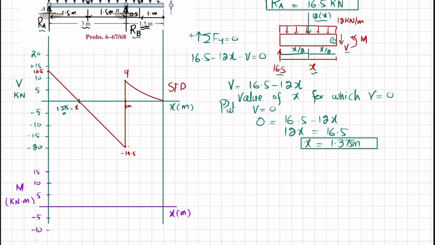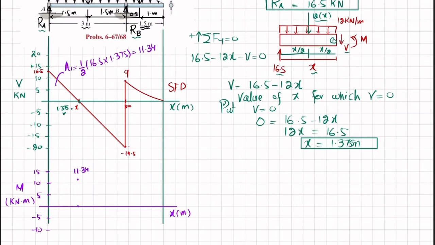Okay, the first area under the shear force diagram is this one, and this area, let this be A1, is equal to the area of this triangle, so its area is equal to half into height into its width. So half into 16.5 and width is 1.375. So 16.5 multiplied by 1.375, and that will be equal to 11.34. So at this length we have 11.34. So let 11.34 be this point,